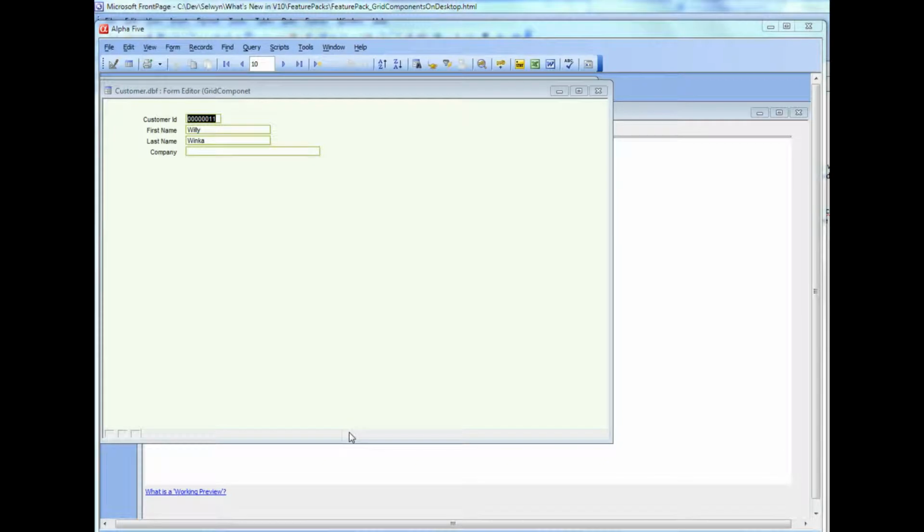In this video we're going to demonstrate the optional feature pack for version 10 that allows you to embed a grid component into a form so that you can use grid components in a desktop application. So you can see here we have a simple form that is based on the Alpha Sports customer table, and we're going to go now and embed a grid component into this form that shows all of the invoices for